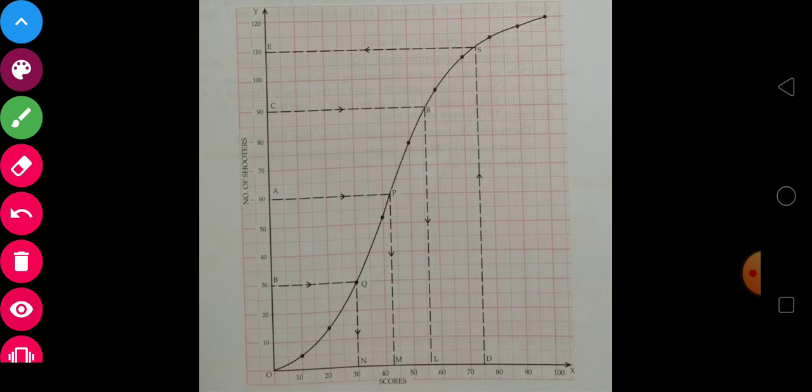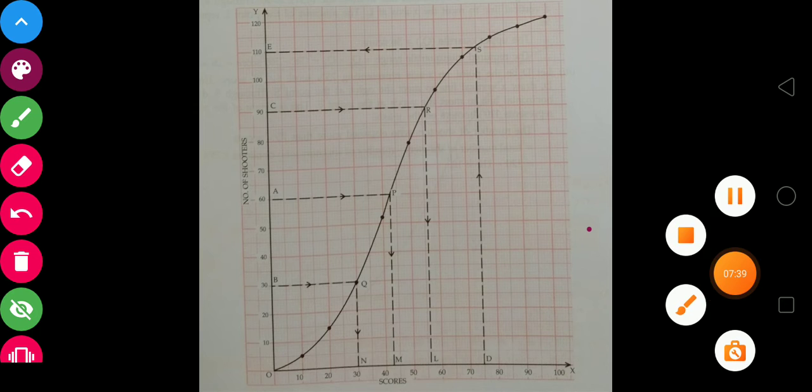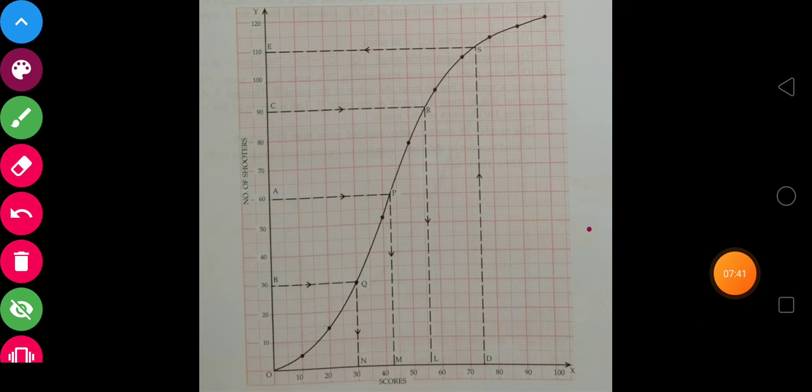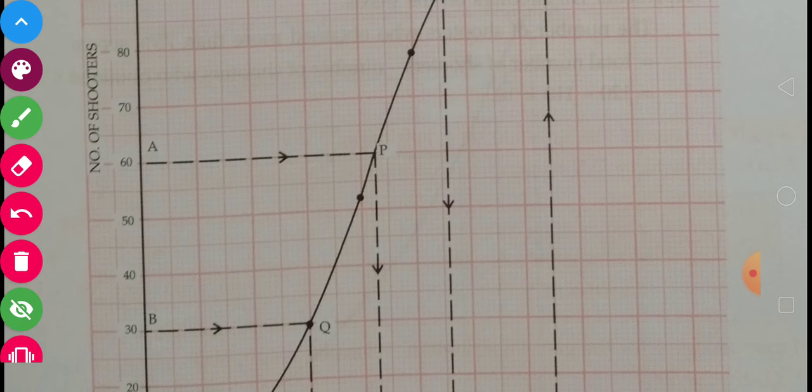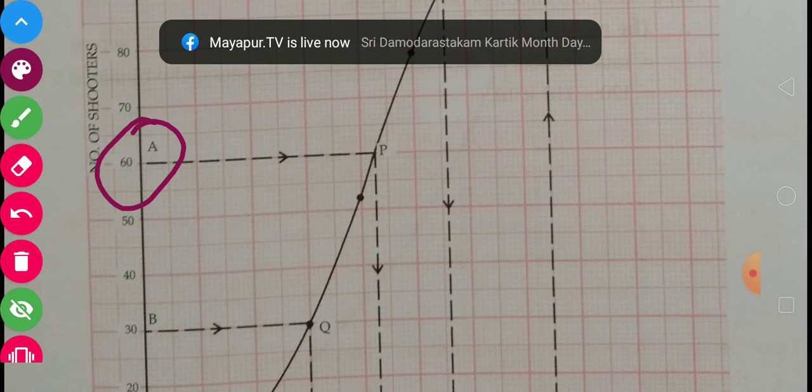Therefore I will have to find the point 60 against my median. So n by 2 was 60. Let us see 60 on the y-axis. Yes, here it is. Let us zoom a little so that we can see it properly. This is 60 here on the